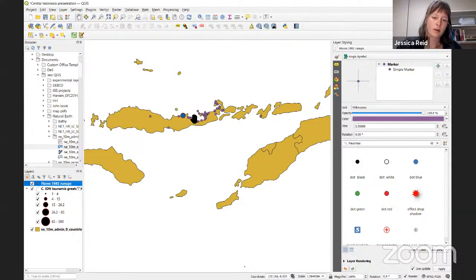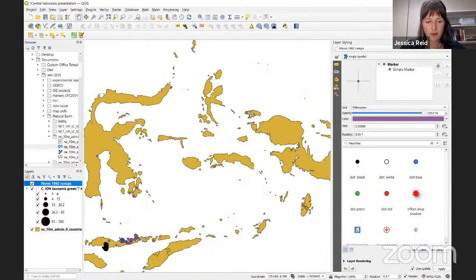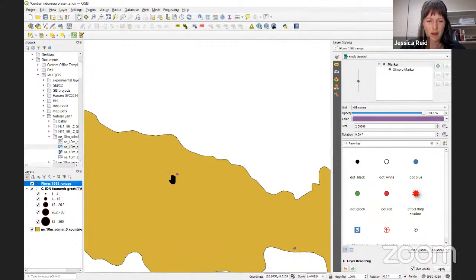So here are all the run-up observations associated with the Flores event, according to this database. So if we zoom to layer, we see that there was one over here at Balopo and a couple of further field run-up observations. Some considerations, you know, the latitude and longitude of these run-up locations may not be perfect. For example, you might have a data point in the middle of somewhere you know is land. And